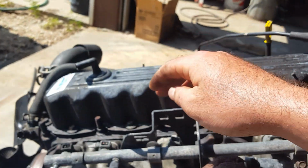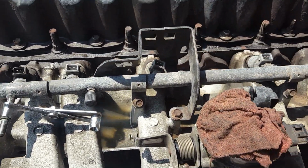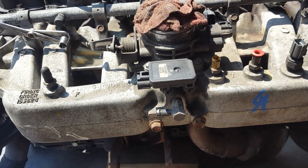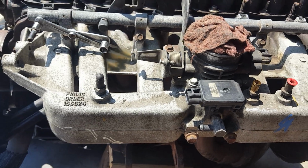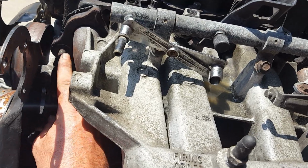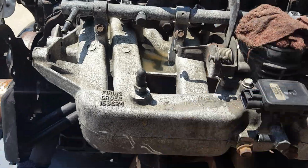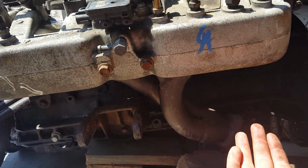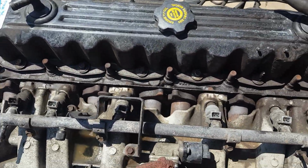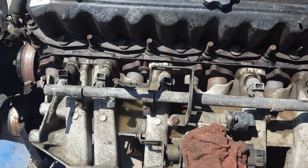So what I do is I leave one bolt up top that's easily accessible. That way when you take the bottom ones off, the manifold doesn't fall on your arm. It's not that heavy, but it can pinch your finger or something, and it hurts. You don't have to worry about the exhaust manifold falling off because it's not going to fall off of the studs on the end. So you just remove all of your underneath bolts and remove all your top bolts except one, and then when you're ready, of course I can't do this because I'm holding a camera one-handed, but you'll hold it